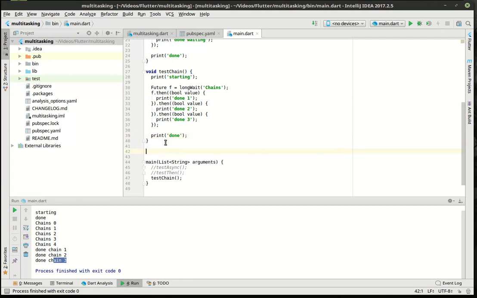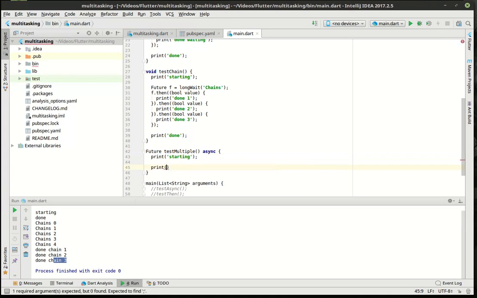That was really lame. So now what we're going to do is we're going to actually test waiting on multiple asynchronous calls. And this is pretty advanced, and this can get kind of nuts. But the syntax for it is just dead simple. That's why I'm going to add this in here. And notice how we are back to the async. And we're going to say print and we're just going to say future f1 equal